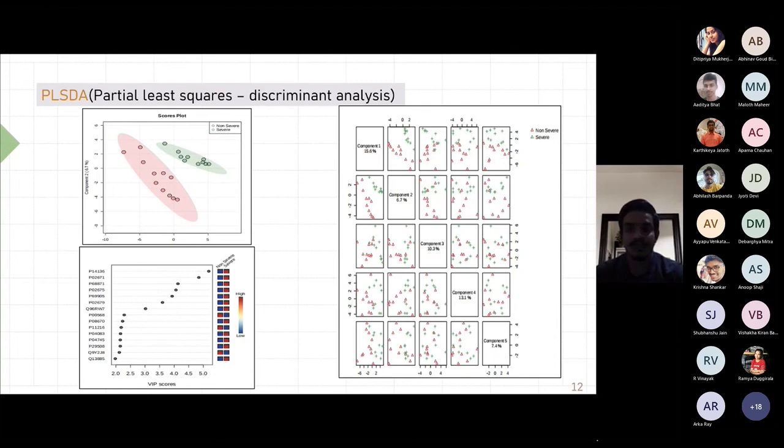Then we do PLS-DA analysis, because partial least squares discriminant analysis supplies information about each sample group, and it is clearly visible. It maximizes the covariance between Y and X, not only the variance of X as is the case with PCA. Then we do the VIP score, because it summarizes the importance of each variable in driving the observed group separation.